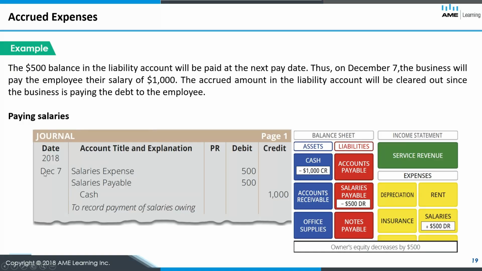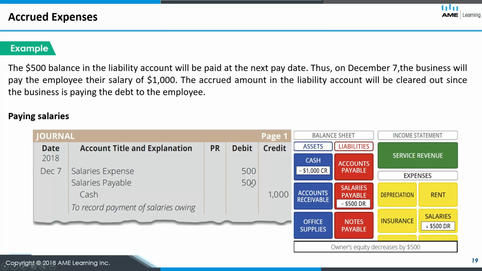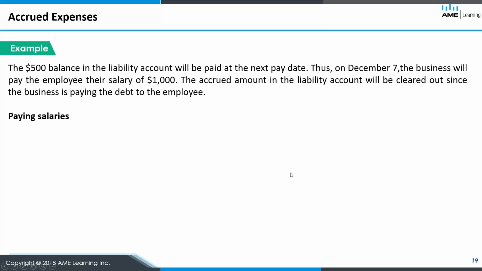And then here's the following journal entry on December 7th. So this is the pay date, right? So cash goes out the door. Now we're going to reduce that liability that we've built up in November here with the 500, half of the total amount. We're going to get rid of that because we're now paying them that 500. And then we're just going to put another 500 to expense in December because this 500 here represents these 5 days that were worked in the same month of December when